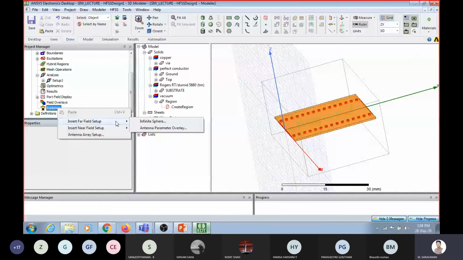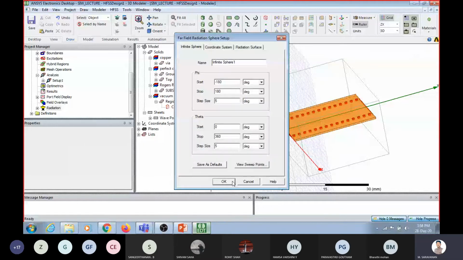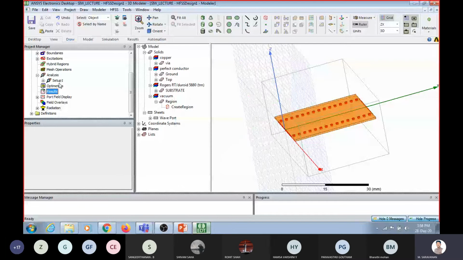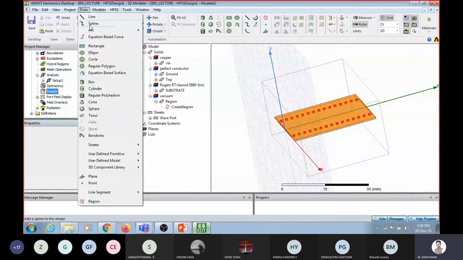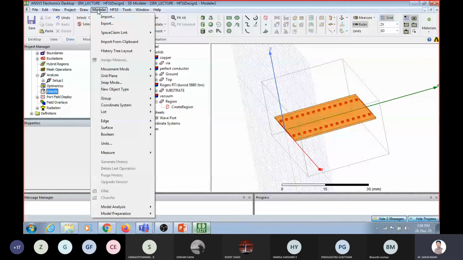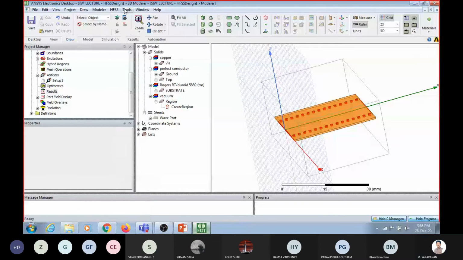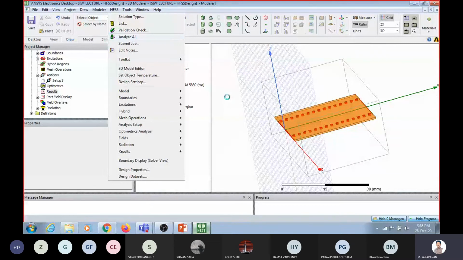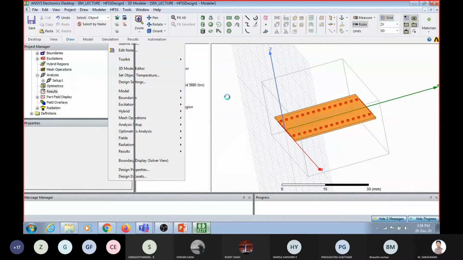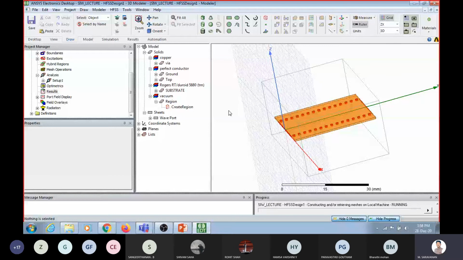Okay. So this is the second setup for the waveguide for radiation characteristics. Impedance can be measured from here, and radiation can be measured from here. Now everything is set, you can check it, you can validate it, and you can run it. So now it is running.